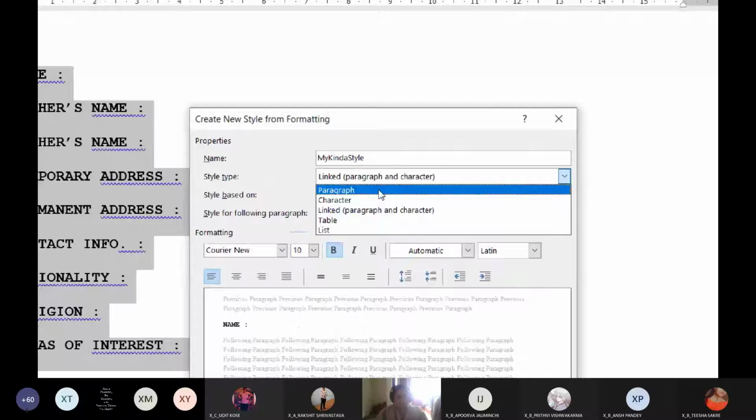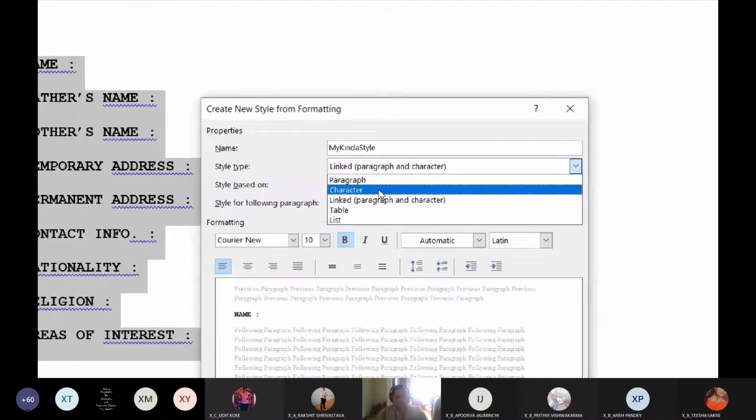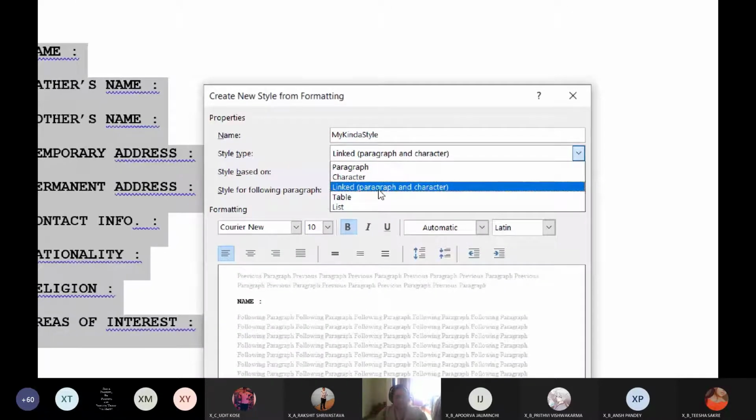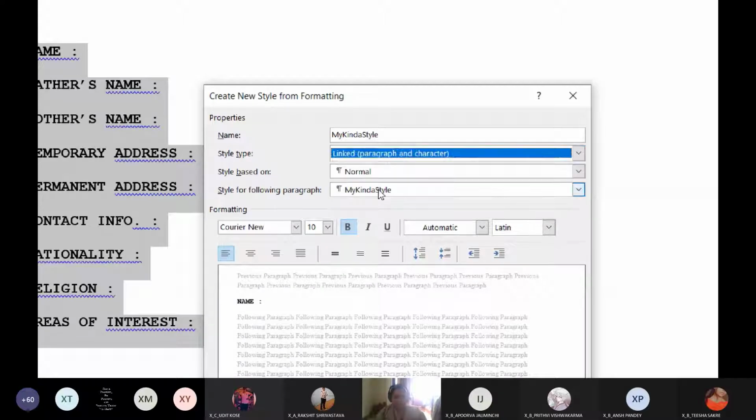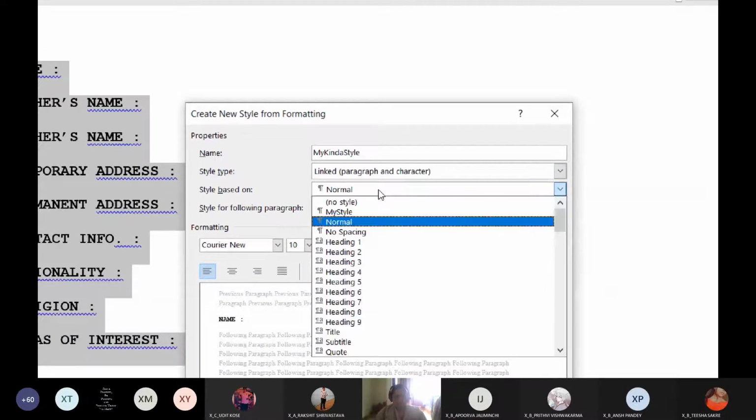Either I want a paragraph style only, or a character style only, or a linked style. Linked means both paragraph and character styles will be included. Whenever I select a text and apply the style on it, both will be applied. This is a feature which is not present in OpenOffice or LibreOffice Writer, but it is present in Word. So I'll click on this, style based on